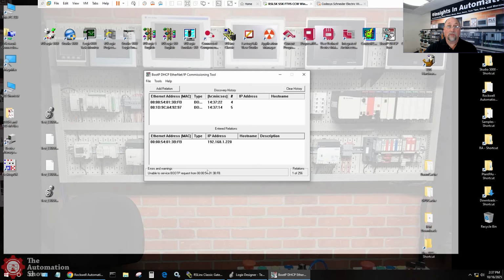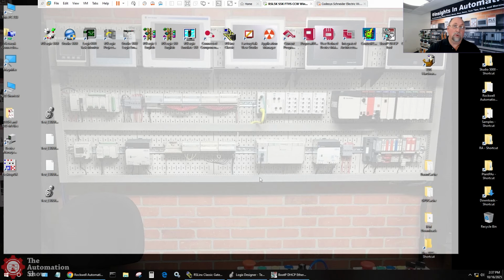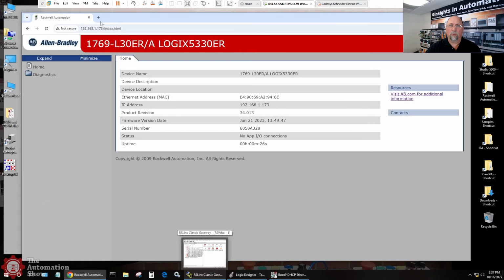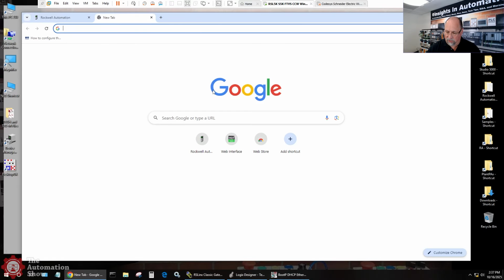And so now that I've set an IP address on the unit, we can attach to its web page and configure it. Now what I could do is I did download the Edge IO NTS configurator, but I thought since the web page was really the same configuration, why not just use it? So we're going to open up my web browser here. I'm going to open up a new tab. I'm going to type in